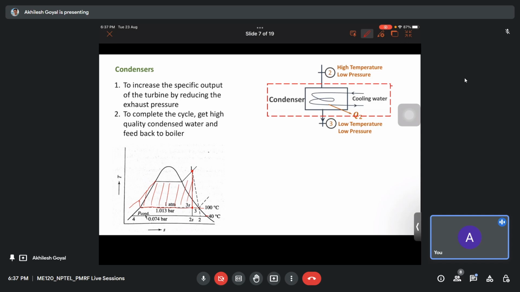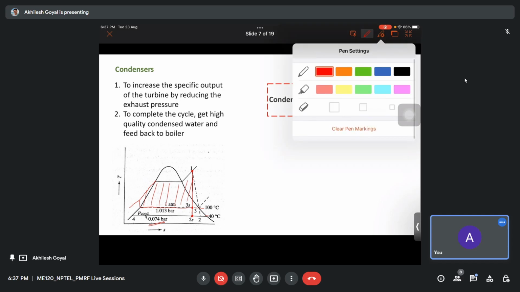But if we are using a condenser, we can further expand this steam to a point corresponding to the saturated pressure for the temperature 40 degrees centigrade. That saturated pressure is 0.074 bar. So if we expand the steam to this point,